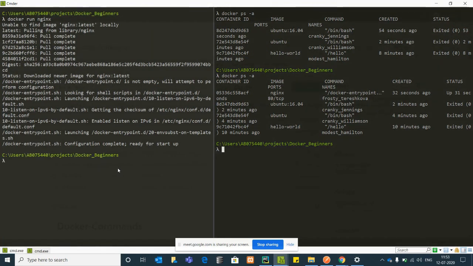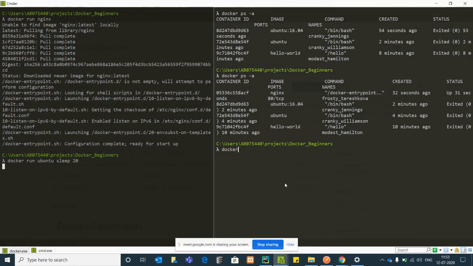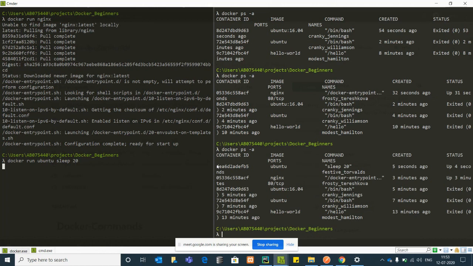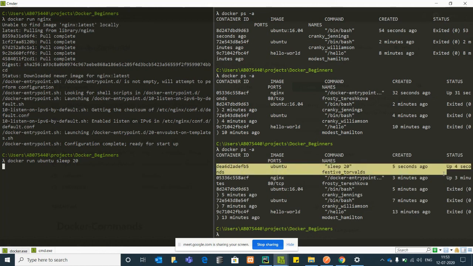Now suppose I say docker run Ubuntu, and I say sleep for 20 seconds, and I check the Docker containers running. You can see this container is there, and it used the command sleep 20, and it is 5 seconds up.